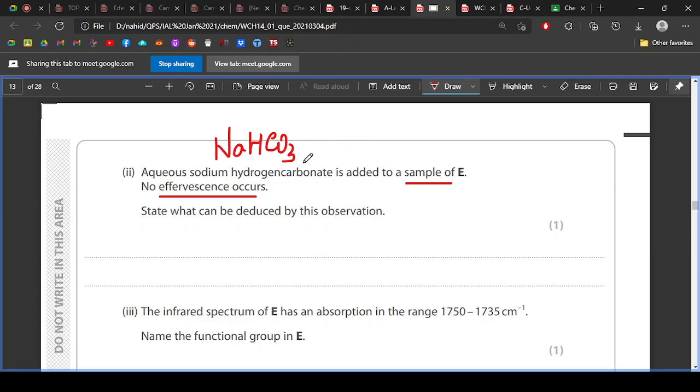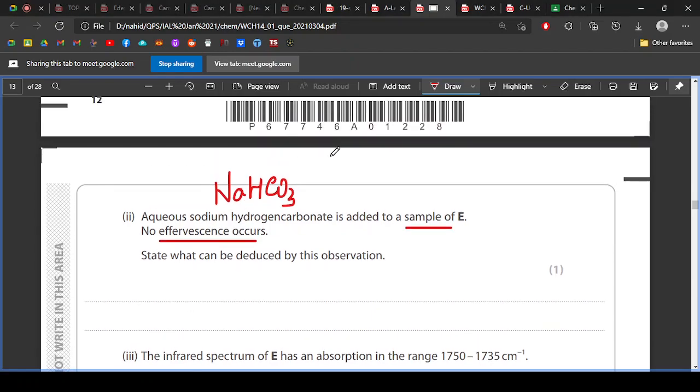Specifically, carboxylic acids give you effervescence if you take sodium hydrogen carbonate with them. So in this scenario, I think you know this, this is hydrogen carbonate, right? Yeah, metal hydrogen carbonate. So in most of the cases,